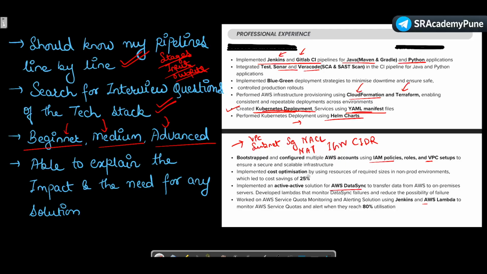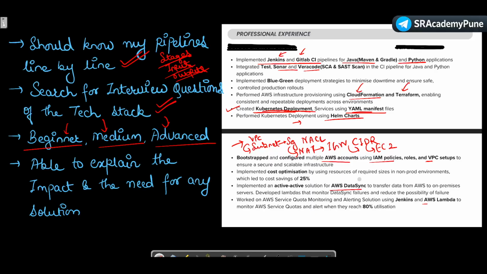You just cannot think that, okay, I have mentioned that I have configured VPC, then they will ask me just about VPC. No, from VPC the question can go to subnet. Once you explain subnet and you somehow mention some security or something, they will go to security group. They will go to a NAT gateway, they can go to internet gateway, they can go to CIDR, then again from CIDR the direction can go to EC2. So that's how the flow can go.